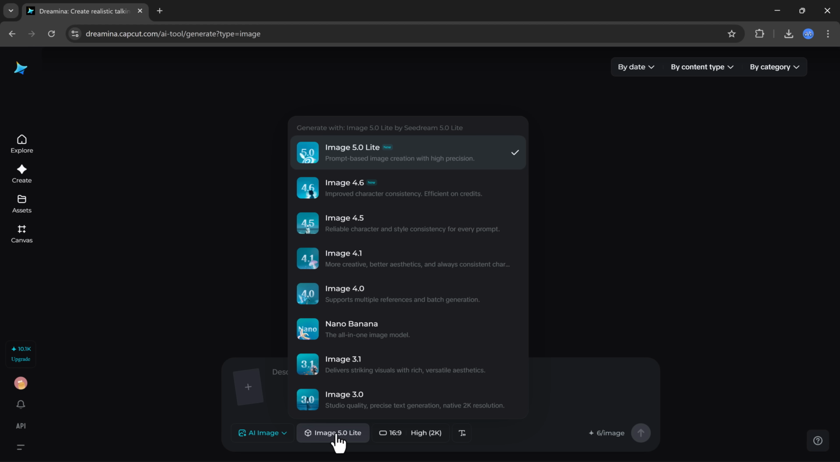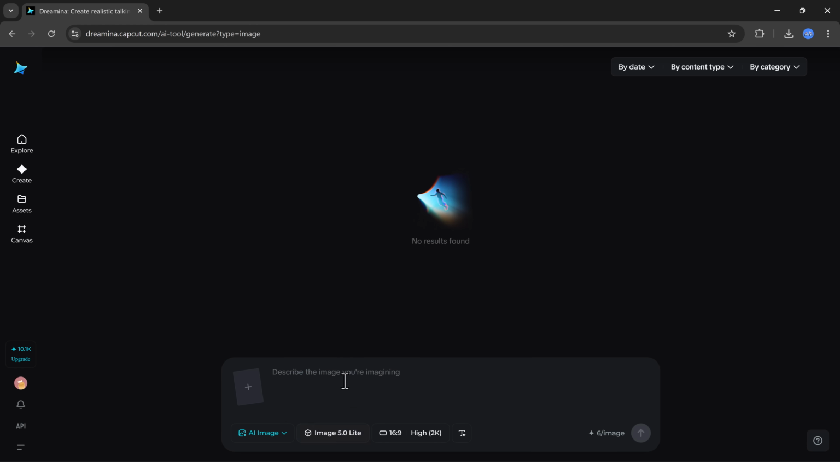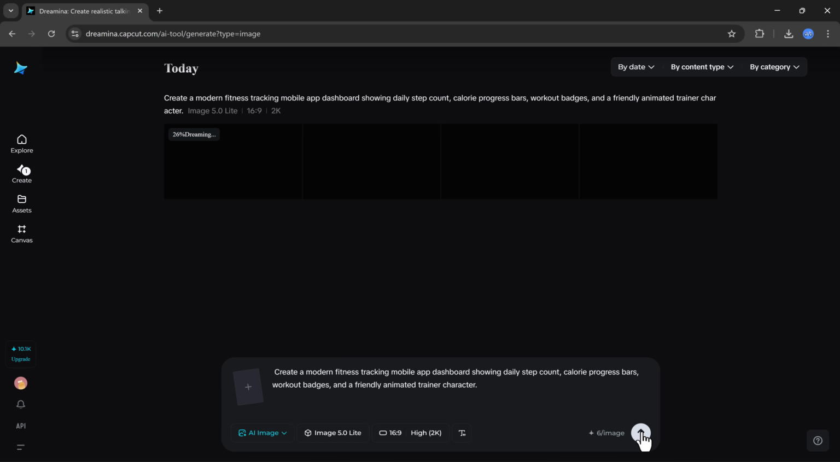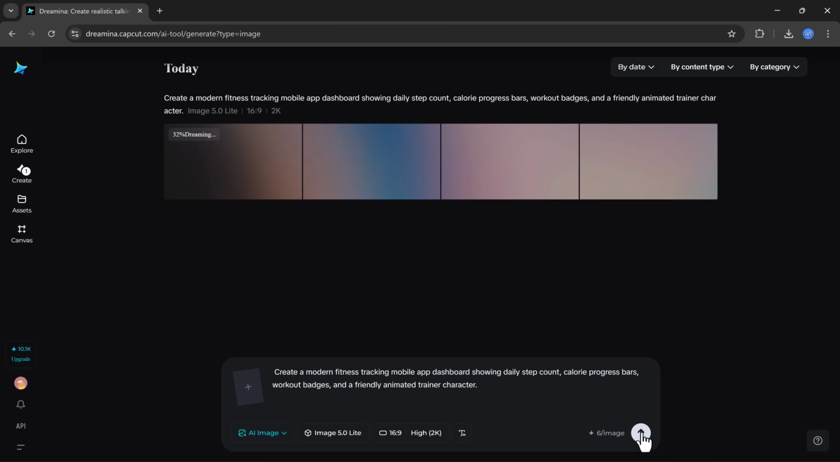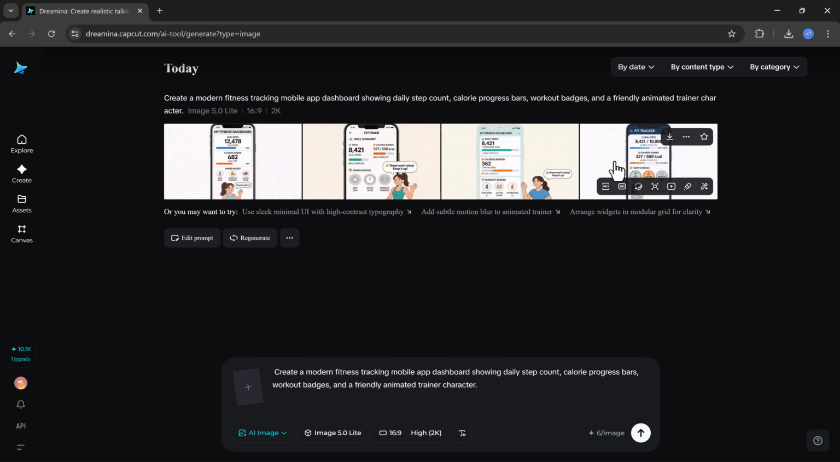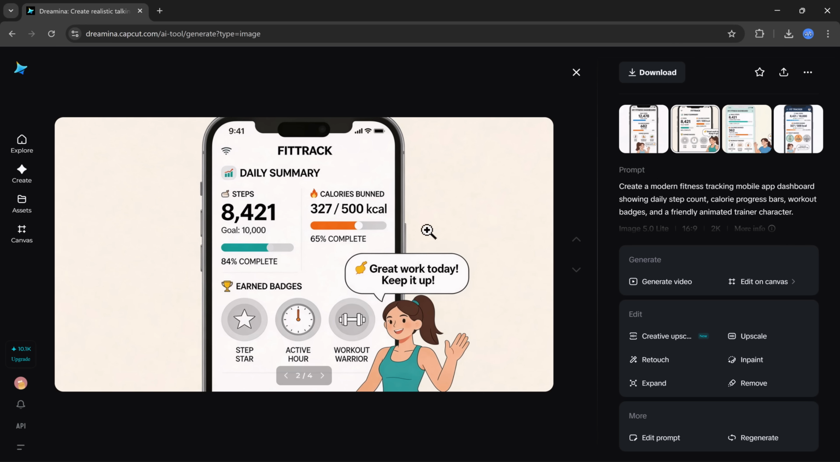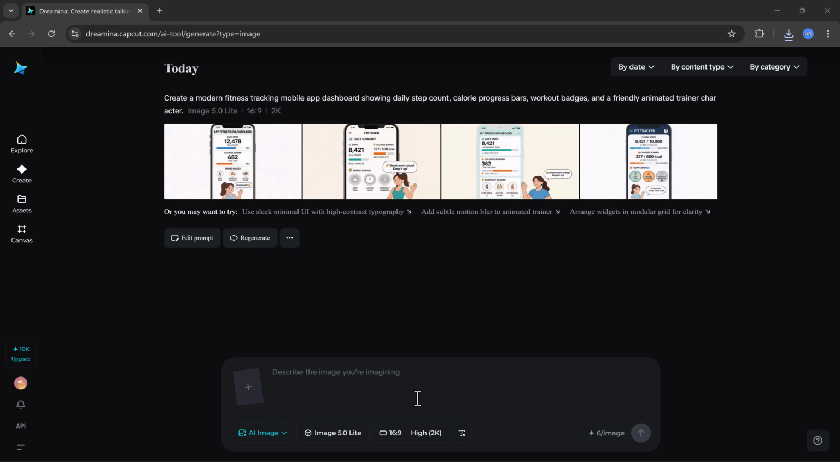Seedream 5.0 Lite mainly focuses on three powerful capabilities. The first feature is the ability to use real-time internet information while generating images. For example, I will give the AI this prompt: create a modern fitness tracking mobile app dashboard showing daily step count, calorie progress bars, workout badges, and a friendly animated trainer character. After clicking Generate, the AI produces a detailed app interface. The layout looks realistic because the model can reference design patterns from online sources. This allows the AI to combine creative generation with real-world information, making it useful for UI concepts, product designs, and